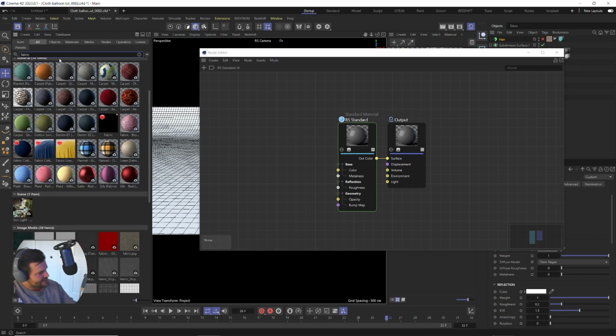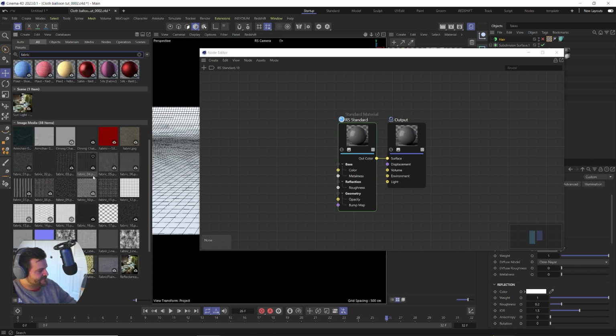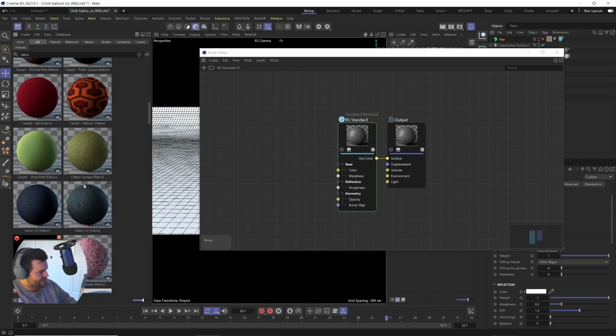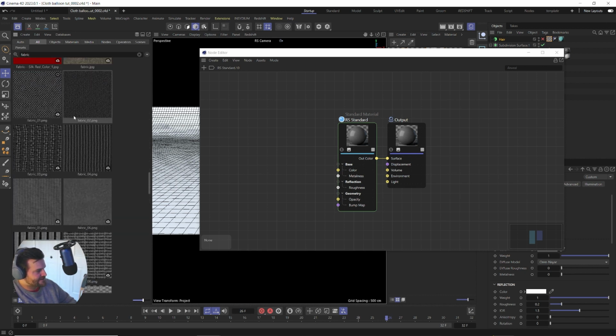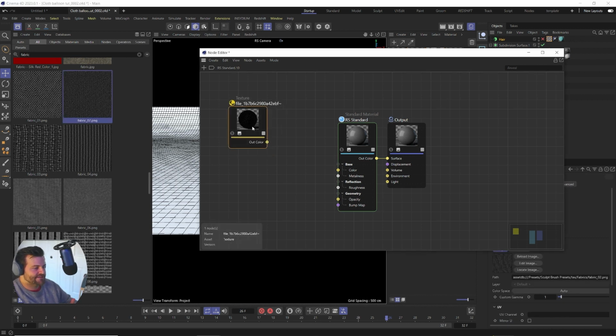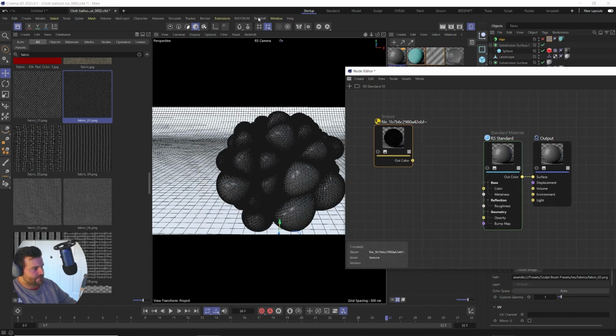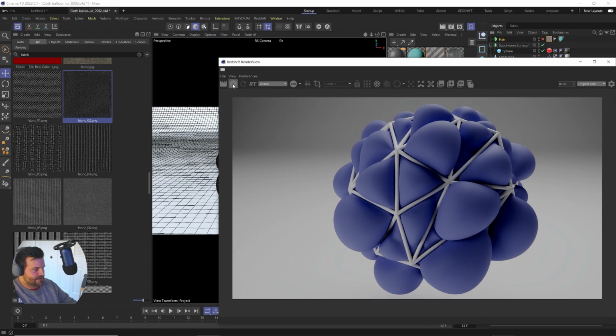And we're not going to use any of these that are made or even the fabric ones for Redshift, which are available. But we're going to look down here at the bump maps and stuff like that. So we're going to zoom this up and scroll down here, and you can see we have some fabric patterns that are pretty cool. So let's go ahead and just download these and grab like fabric 2. Pull that in, and I'll show you how to connect this so that you can use this with your own thing. So first thing we're going to do, we're going to open up the IPR, hit play on this,